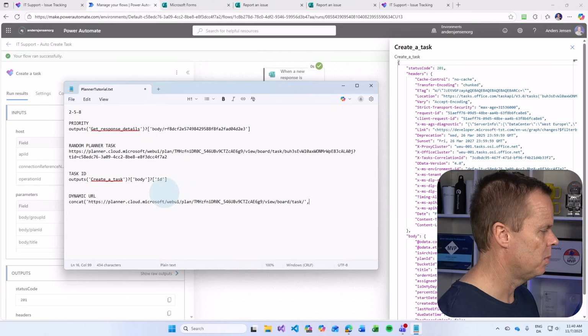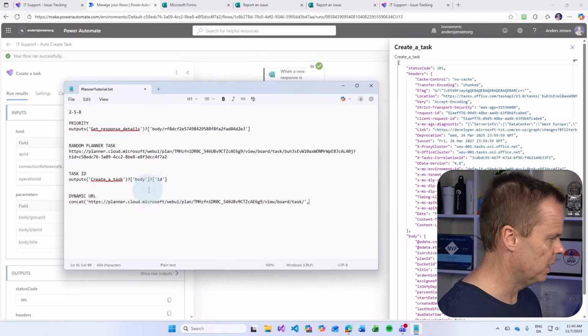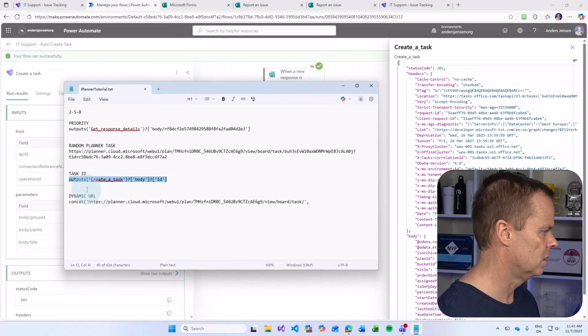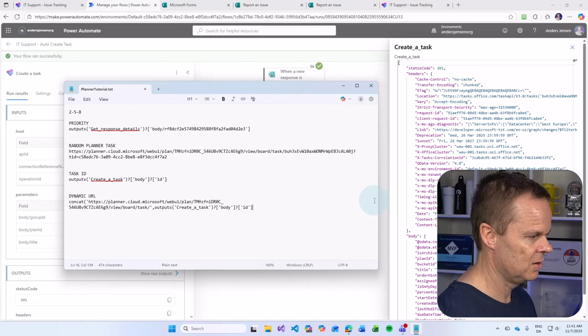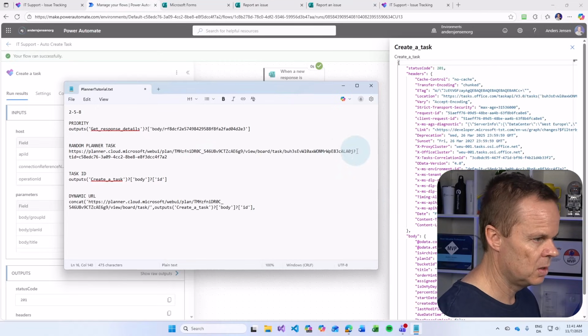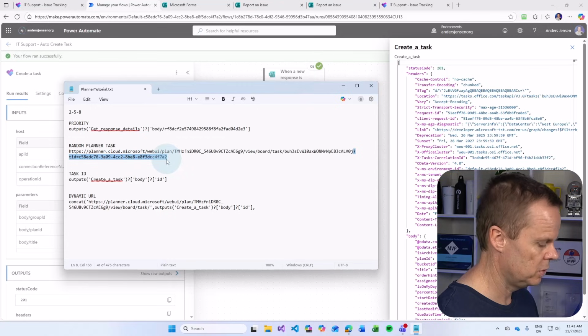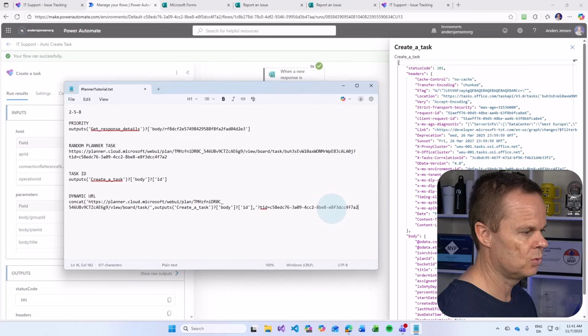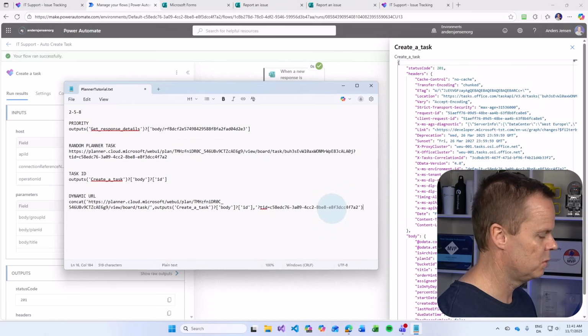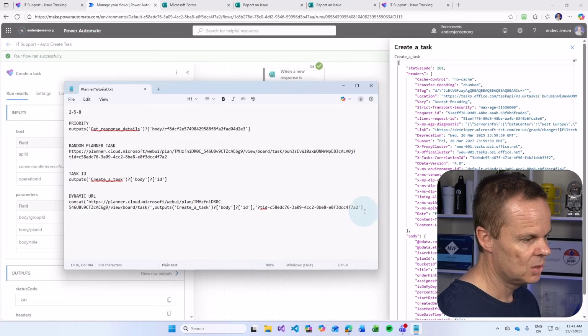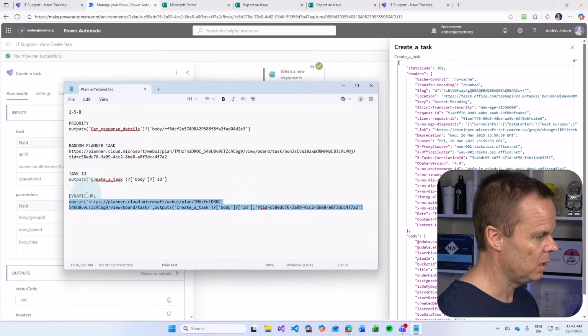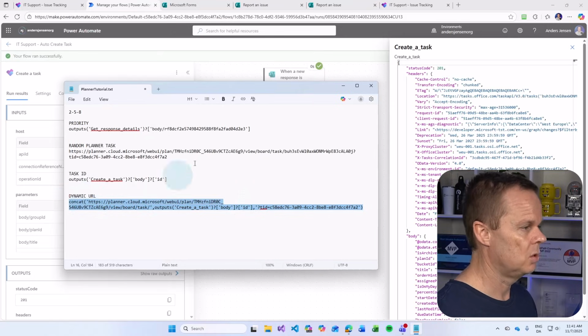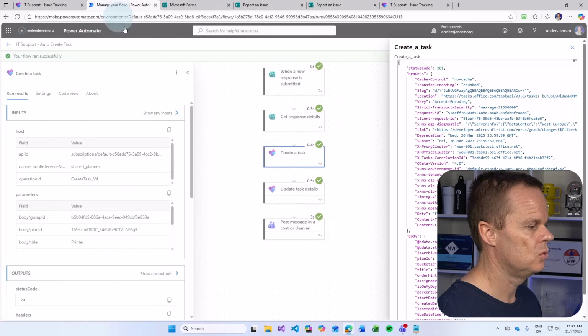Then I say comma. Then I want my expression. I just take this here, mark it and press Control C. Go down here, and then I will have a comma and the last part here, in single quotation marks like this. Remember to enter the parentheses. So this is our dynamic URL. We mark it, press Control C, then we go back to our flow,